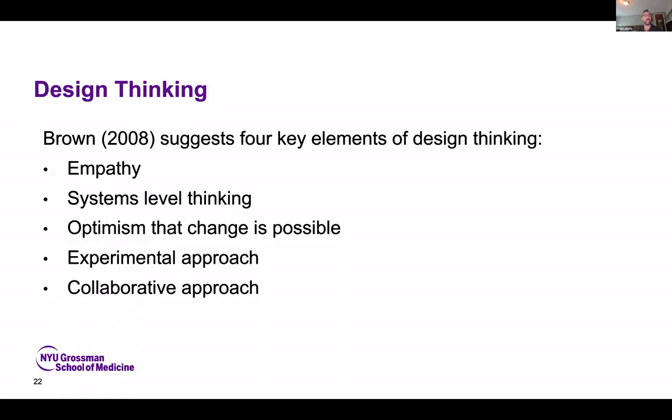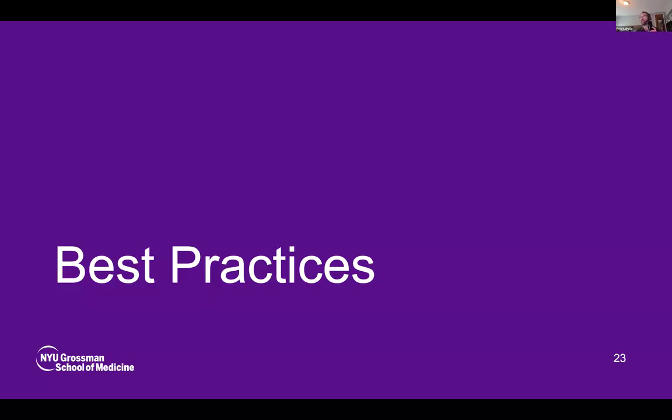So thinking broadly, what are all of the elements that are going to go into somebody understanding or misunderstanding your visualizations can really help to tailor your visuals for those individuals. It's always going to be important that we're optimistic that change is possible and that the visuals we're creating are going to be useful to that end user. And the last 2, it's going to be very important to be experimental, trying different things, seeing what works, getting feedback and being open to that feedback, and collaborative. So also being open to that communication with our end users, with those who are going to be taking in information. So I want to pause and just see, are there any questions so far?